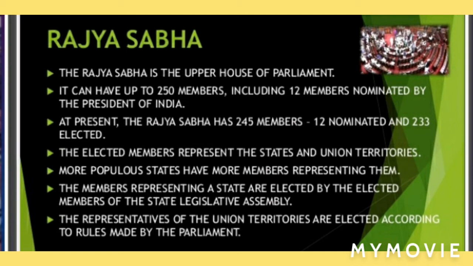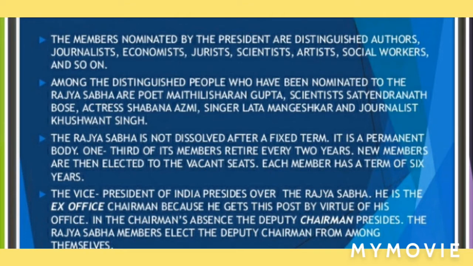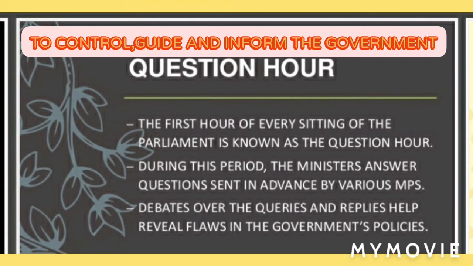Children, remember that there are 233 elected members in Rajya Sabha plus 12 nominated by the President. The term of Rajya Sabha is 6 years and the presiding officer of the Rajya Sabha is the Vice President of India. So next we come to the second function of the parliament, that is to control, guide